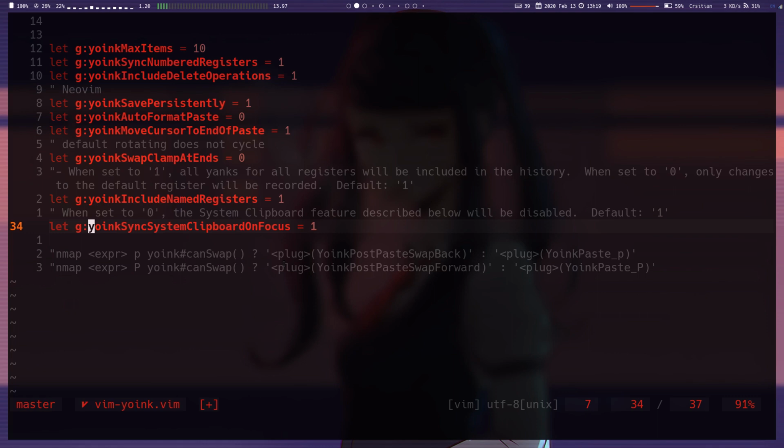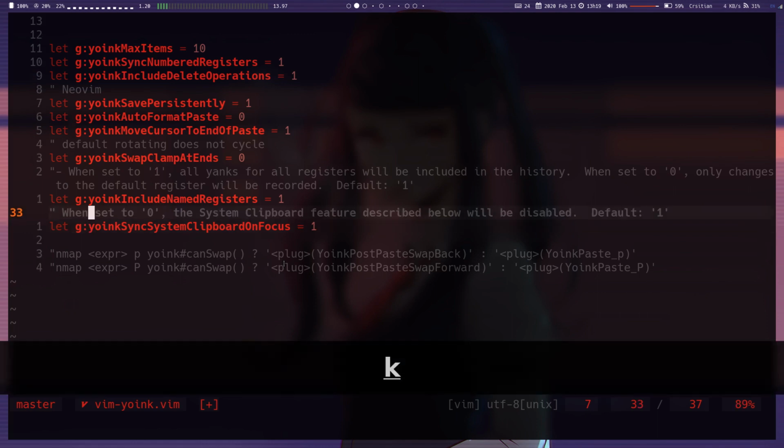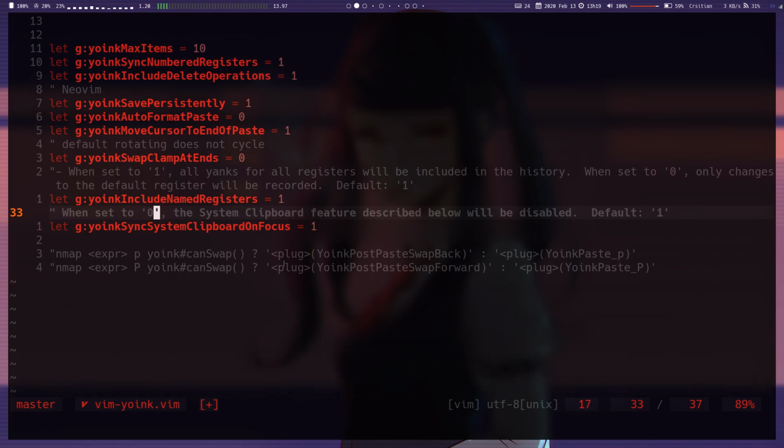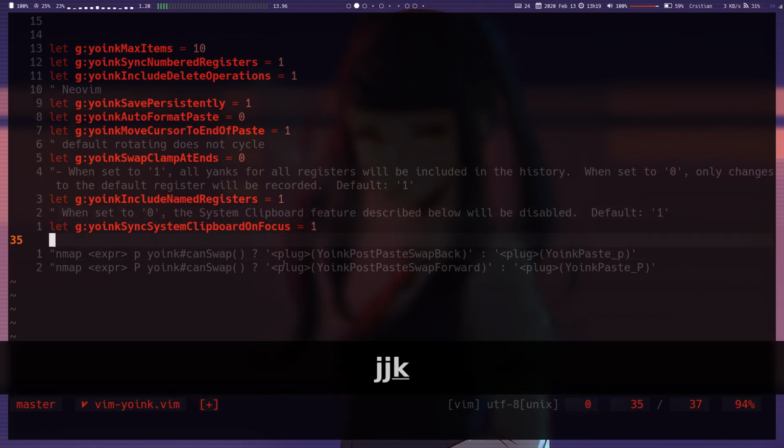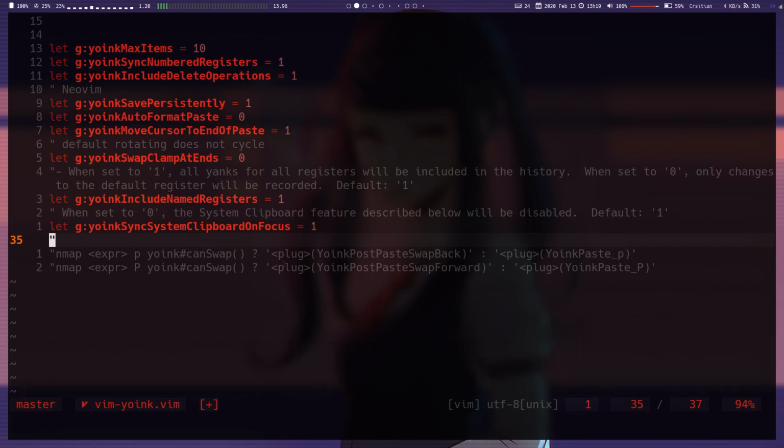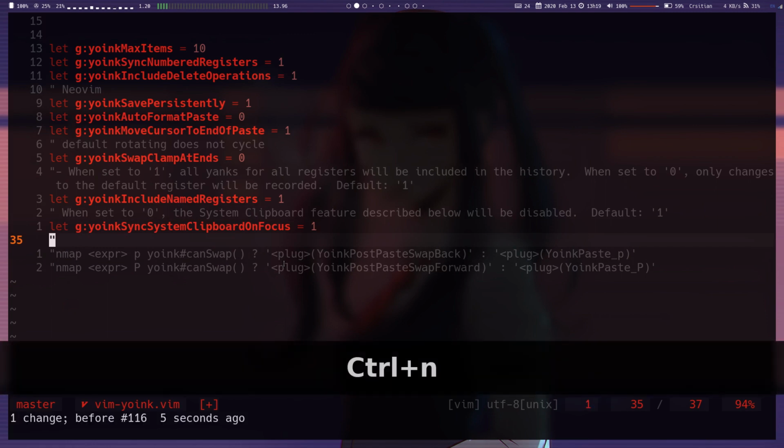If you had the set clipboard to unnamed plus thing, when set to 0, the system clipboard feature described below will be disabled. So if you want to forcibly disable that, just set to 0. And that's about it. So as mentioned earlier, if you paste and then you hit Control,